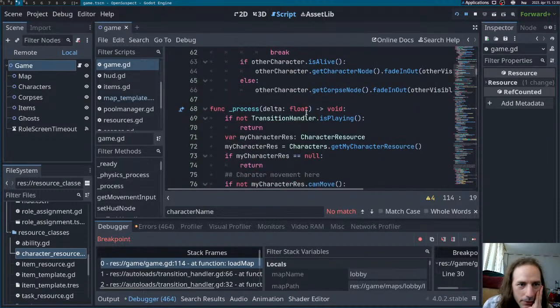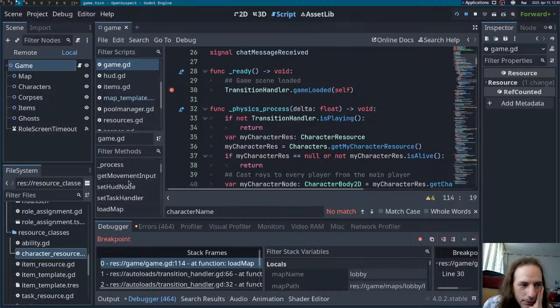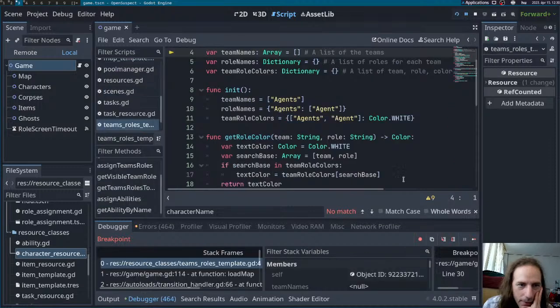But when we actually... There is a set HUD node function here too, which will call the set HUD node on the actual map. So the thing is, what's happening here